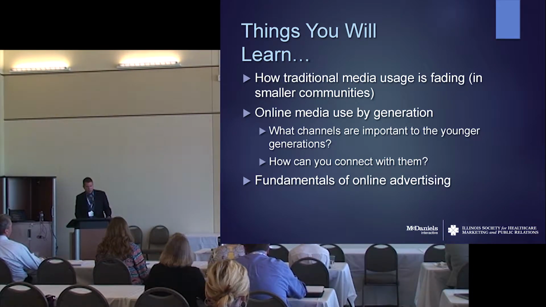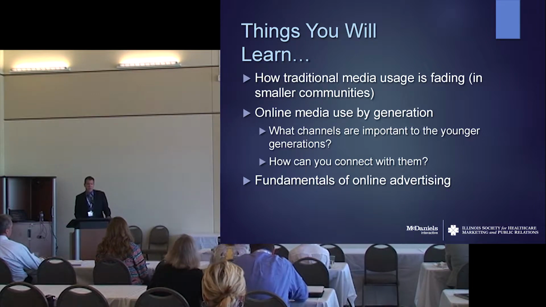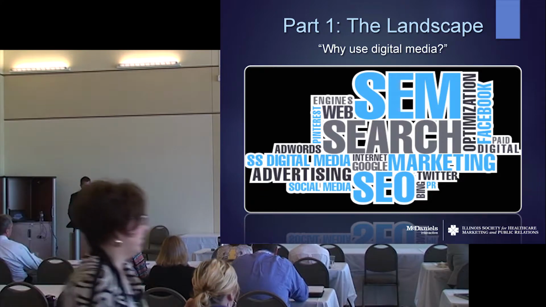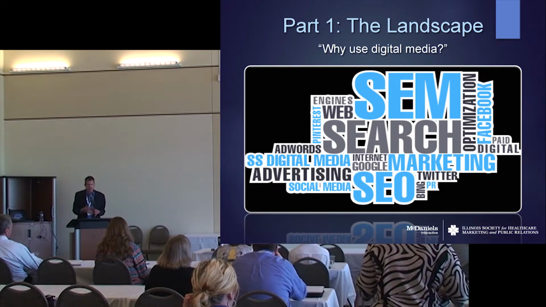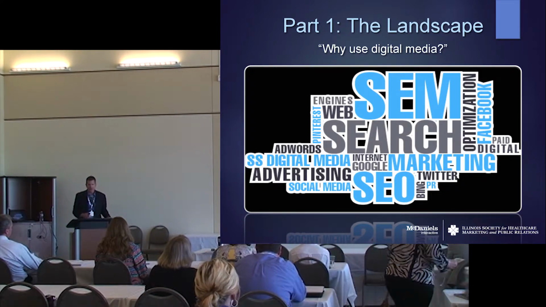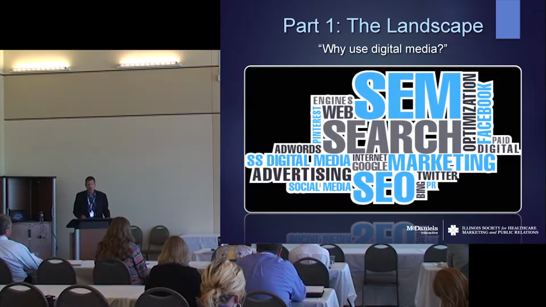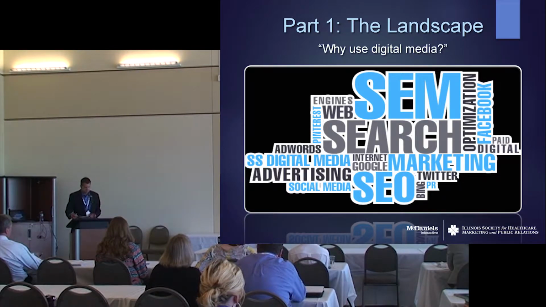So, the landscape right now with digital media, there's a lot to it. You look at the infographic up on the screen here, and it's going to get bigger and bigger. Actually, we could do about 18 infographics right now on digital media. But everything from SEM, which stands for search engine marketing, and then you hear the other term PPC, which is pay per click marketing. People get confused by those two alone. How you mix that with SEO and everything else that you're doing offline is really what we want to talk about today.